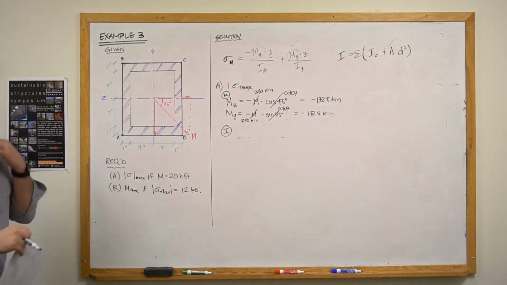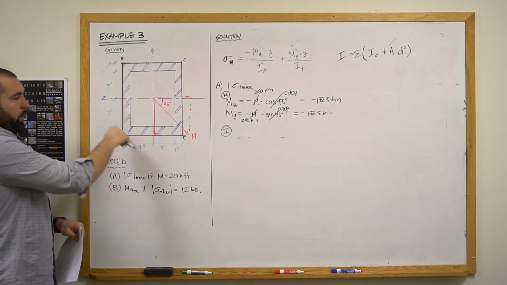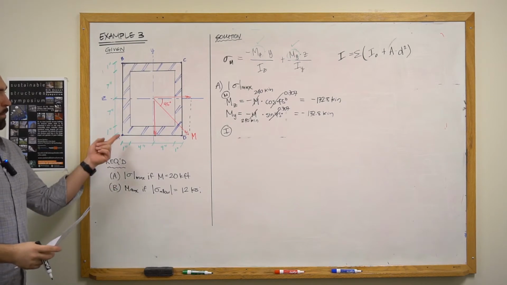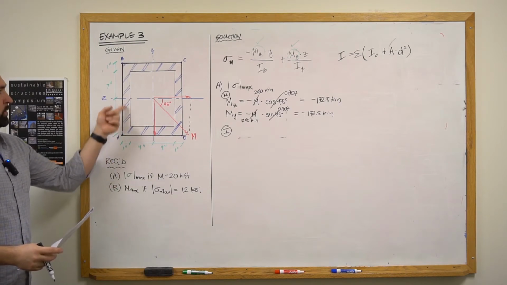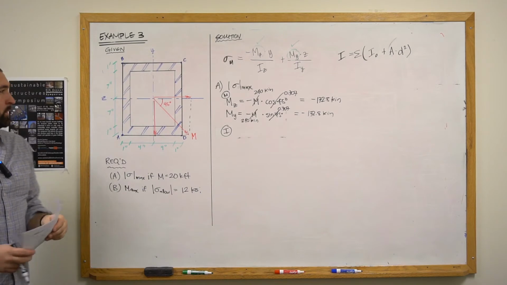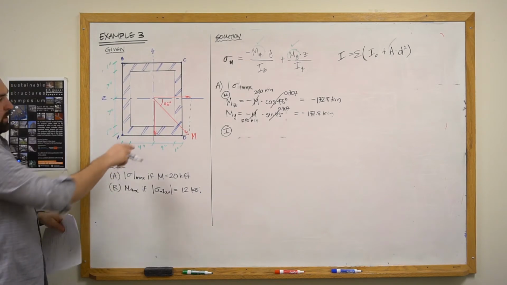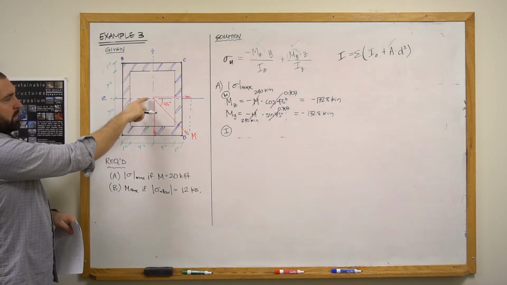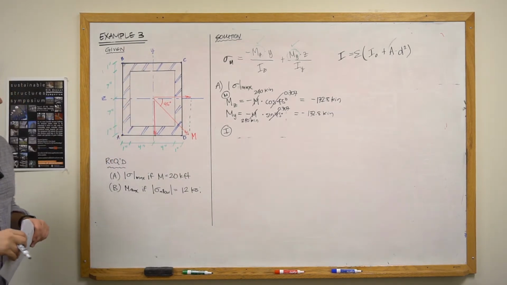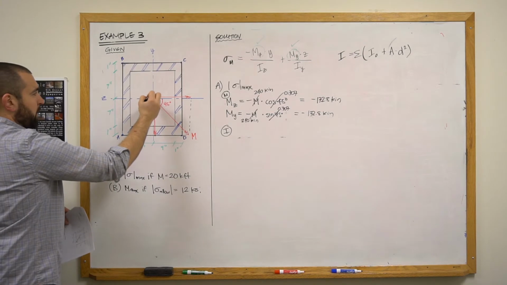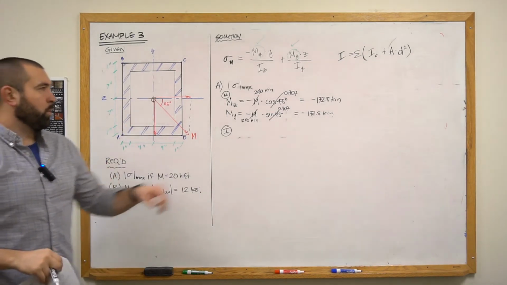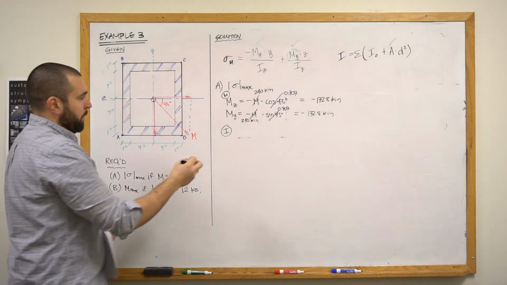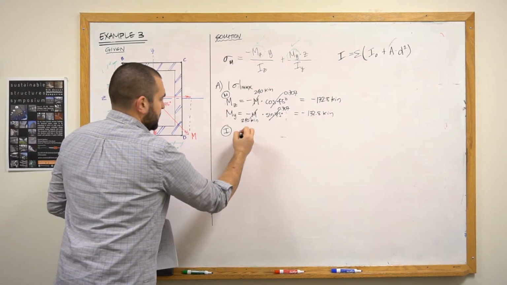Now, fortunately here, when we look at this cross-section, well, it depends on how you look at it. Some people might look at this and they might see 1, 2, 3, 4 different rectangles. The problem with that is that, say the bottom flange or the top flange, each of those have a centroid that's distant from the overall centroid of the cross-section, which is right here, which means that we'd have to deal with that Ad squared term. Now I don't want to do that, so I'm going to think about it instead as